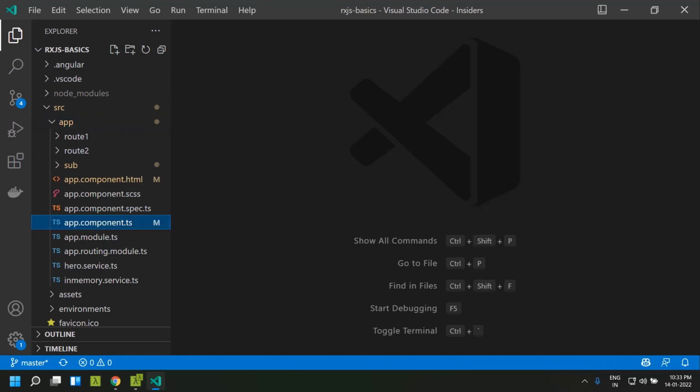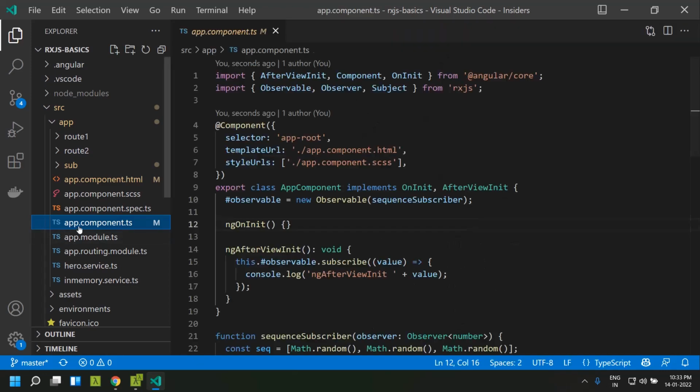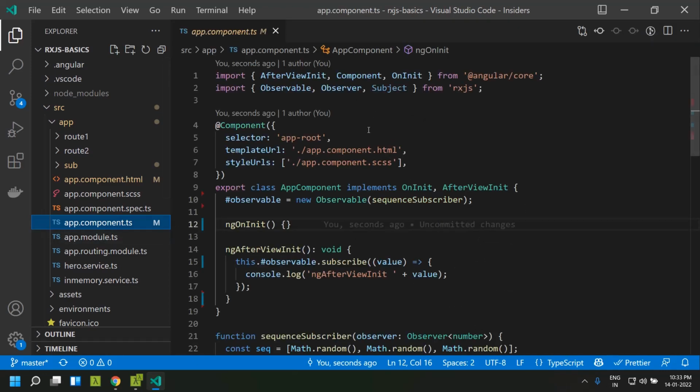One of the central pieces of reactive programming is the observable object. Observable is based mainly on the observer pattern, in which we will be listening for any changes in data or any events and we will be acting accordingly. In an Angular application, we make use of observable, which is available within the RxJS library.